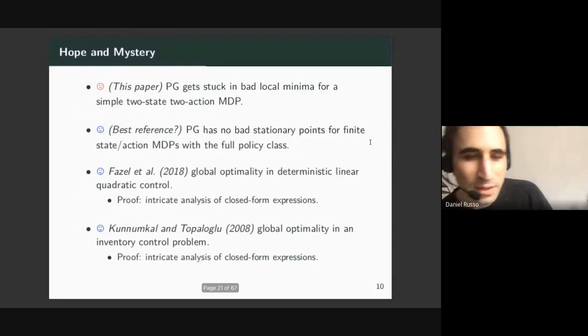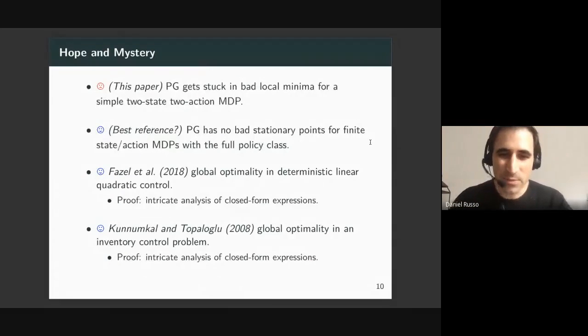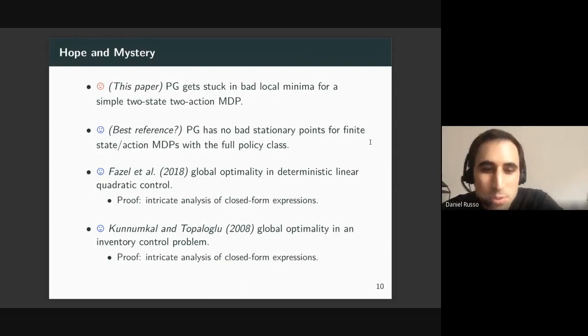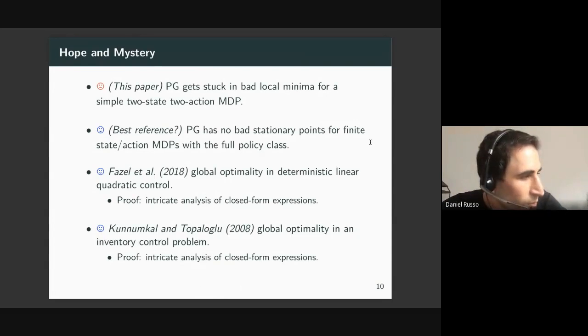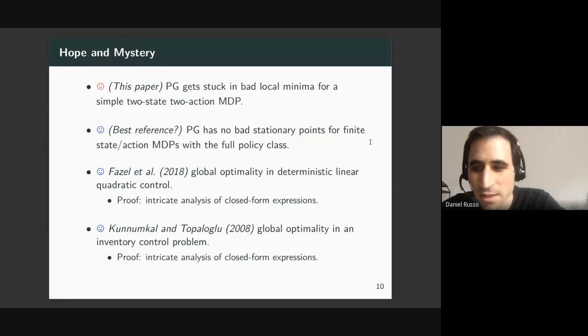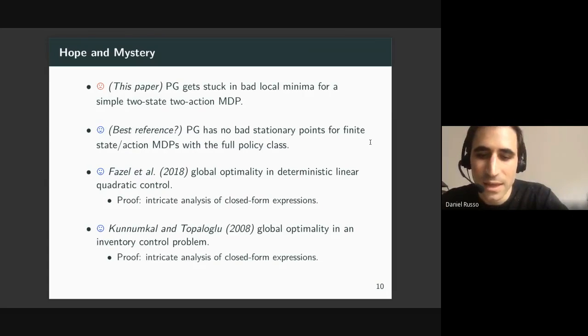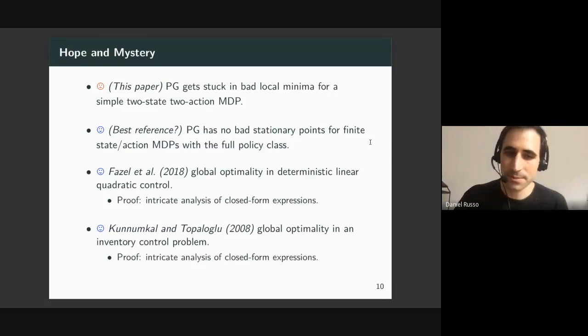Now, I should mention that many of these are classic dynamic programming problems of the kind that perhaps could be solved by other methods. My own sense here is that the right way to start studying and sanity checking something like a policy gradient procedure is to first make sure that it makes sense in problems that we know are solvable by other means. If it cannot solve problems that are easily handled, it raises some concerns about whether this procedure is really a good foundation for approaching very complex problems.